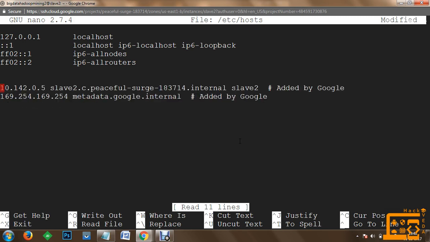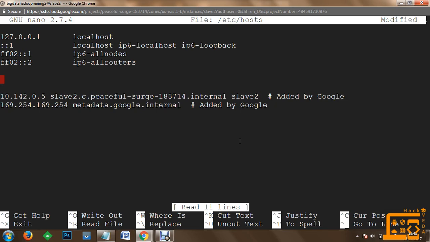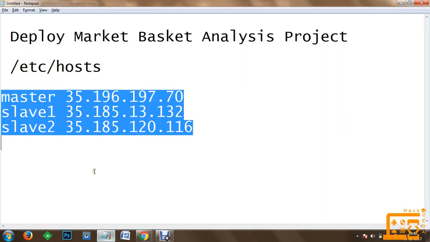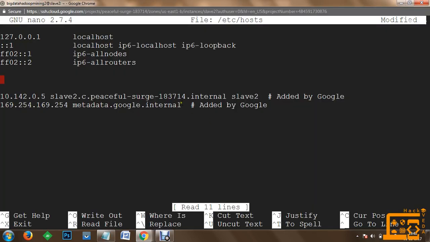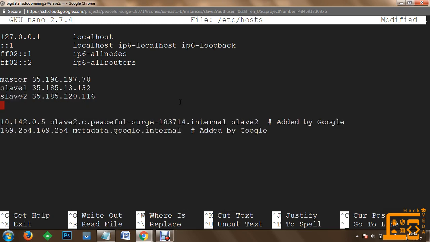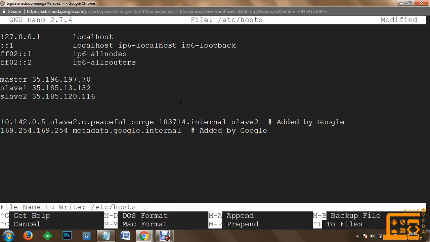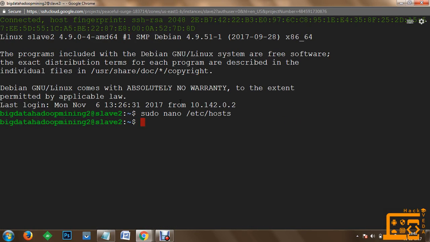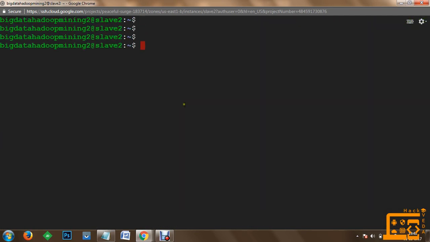Let's use Control K to remove that information, and we'll copy the information from here and update it. We'll use Control O to save and Control X to close. So now the IP addresses of master and slave nodes have been updated.